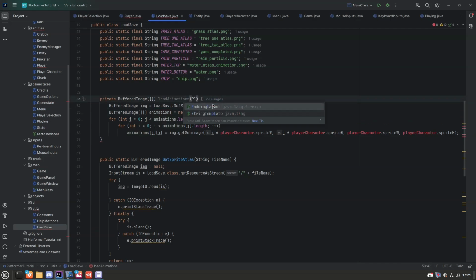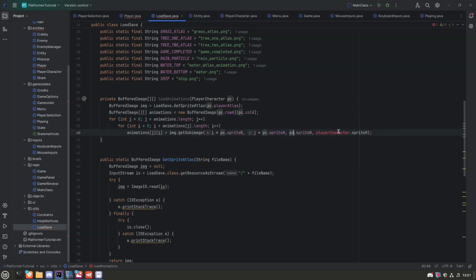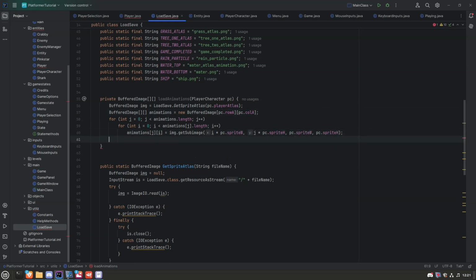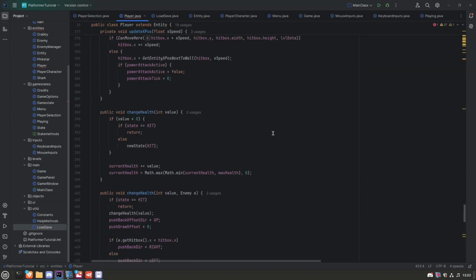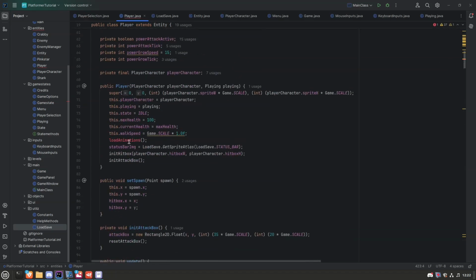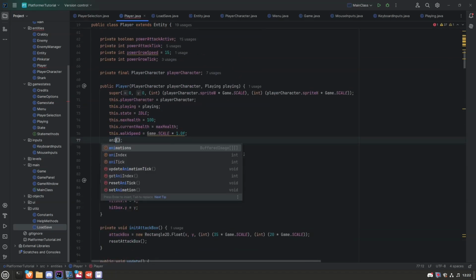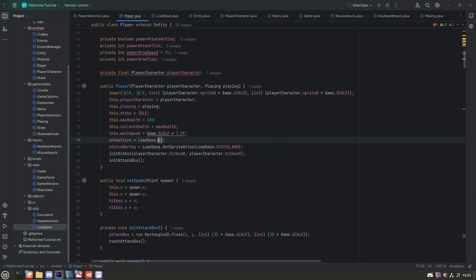And we're gonna ask for player character, PC, just to make it quicker. PC, like so. And then we're gonna return animations. And in our player class, where we have an error now, we say animations is equal to load save dot